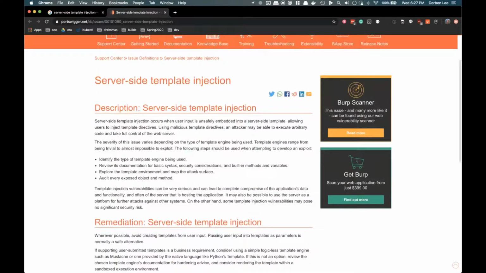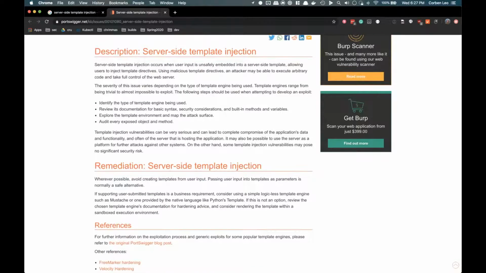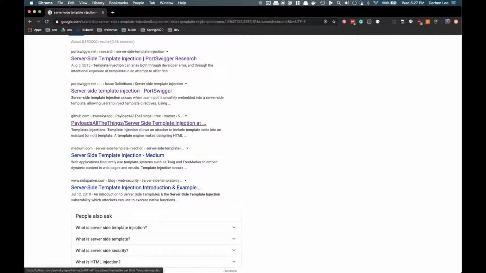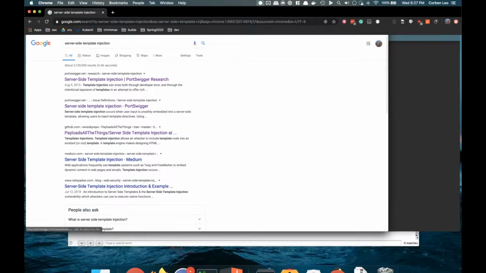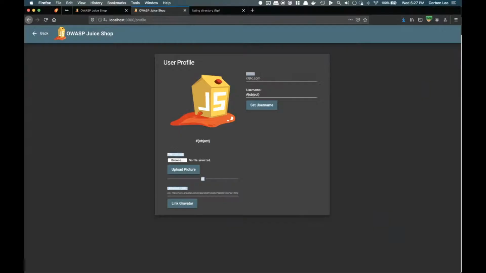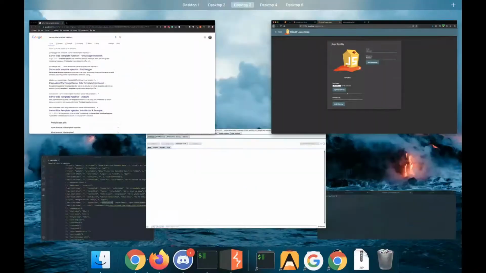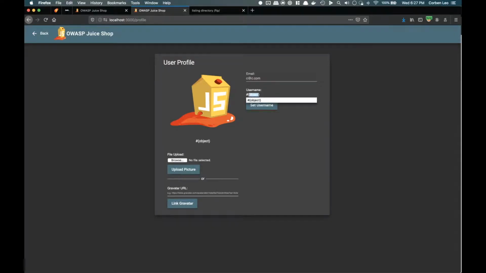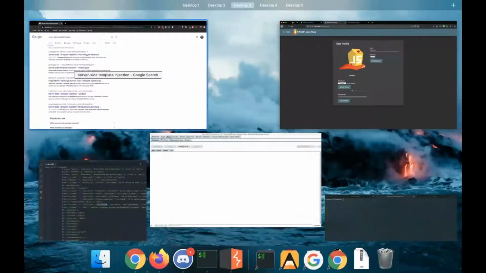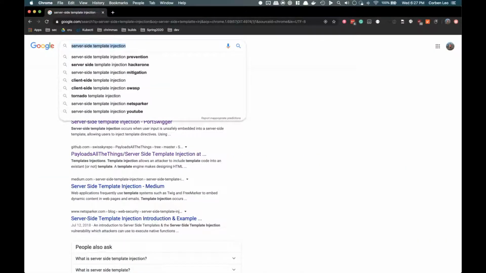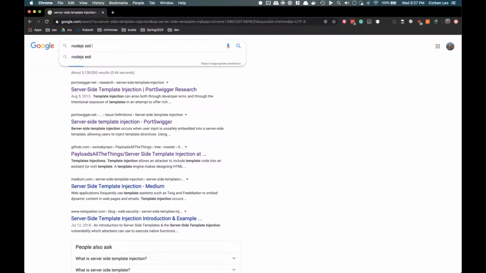It's kind of hard to explain, but if you Google server-side template injection, they'll give you a lot more information than I can off the top of my head, because explaining is hard. But like I said, I think it's Node.js in the backend, so we can probably get code execution from this. So if I search Node.js SSTI,